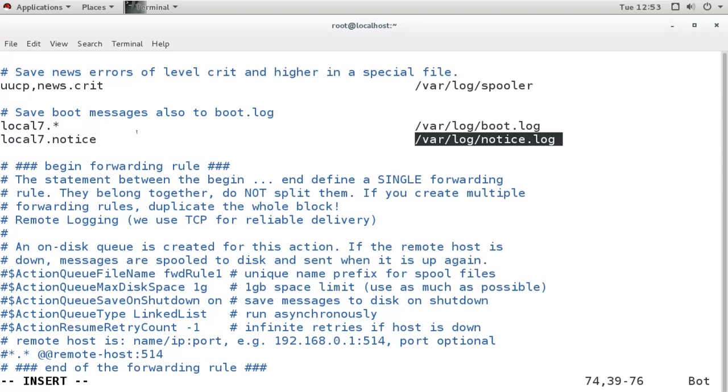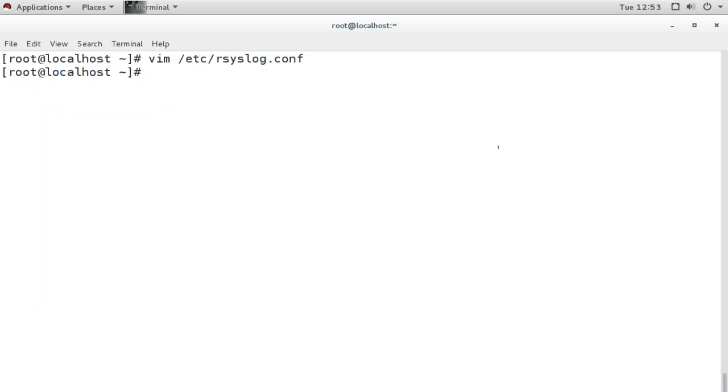So we can forward some logs into some other files. Now this is going into this file. So I made this and I will save this. Now I can do this by using this configuration file directly, or I can create a new file there also. Now because I made changes here, I will restart the service.